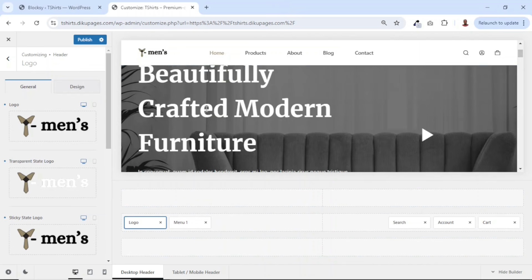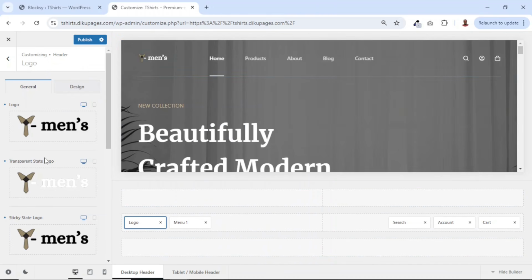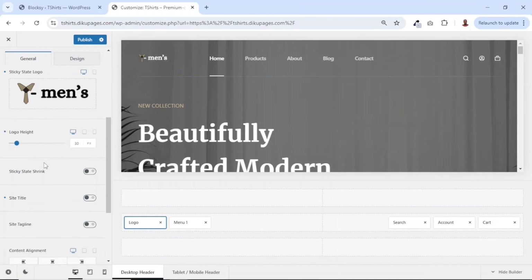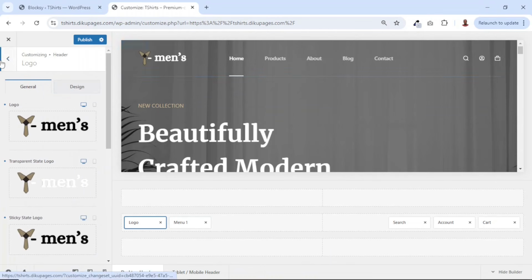If you look at the logo closely, you see that it's very small. So what I do is scroll down right here. Logo height is set to 30. I'll go ahead and make it 50. Let's see what we'll get. I think 50 is cool. Perfect. Upon choosing my logo, I go back,